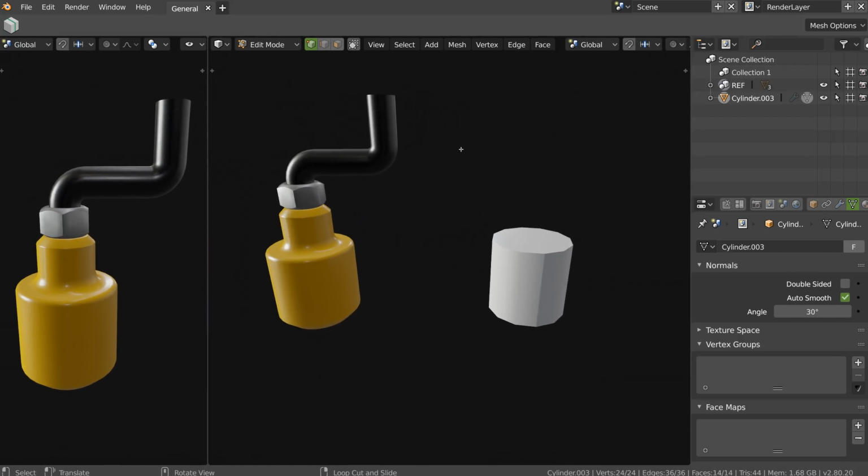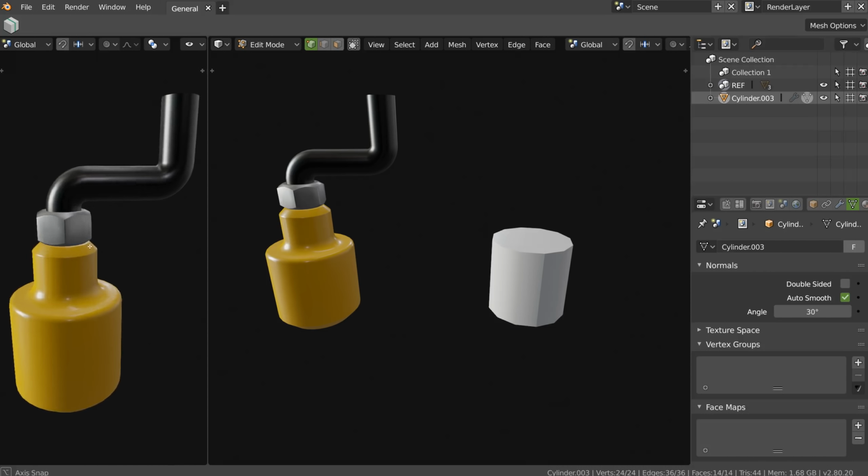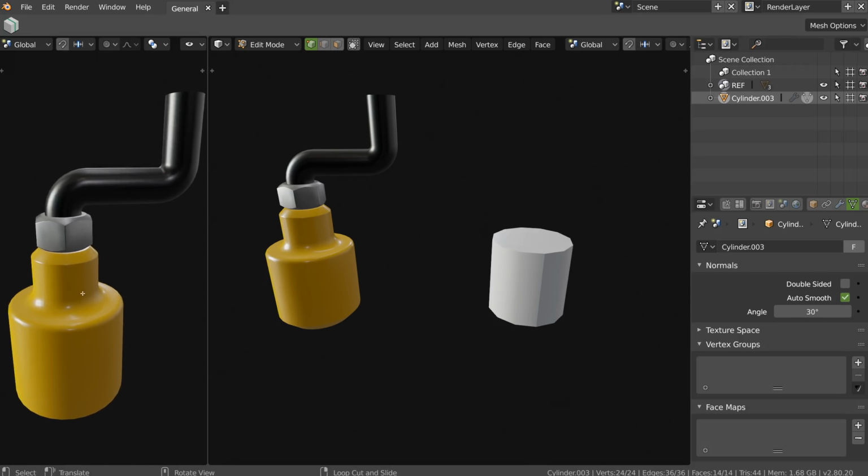So one thing we cannot do right now is to hide something in one view and see it in another view. In Blender 2.79 we can do this, and as I asked Pablo on his last video if it will be possible to do this, because this is really useful.